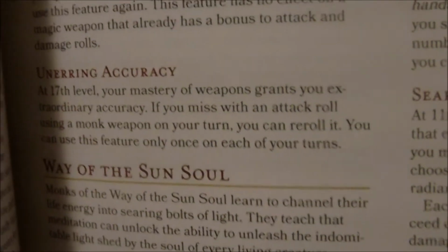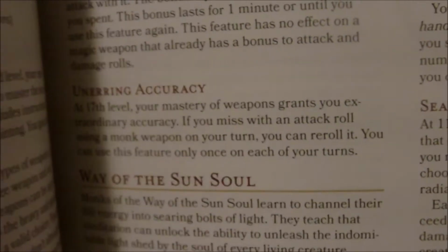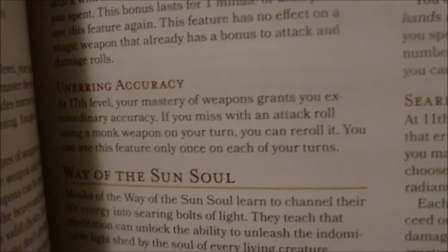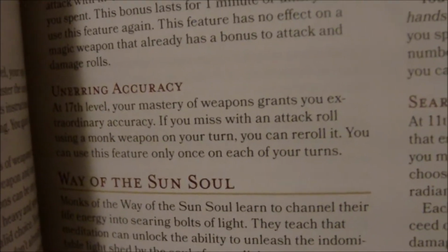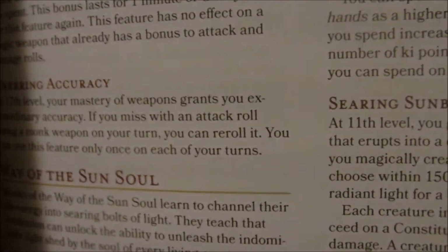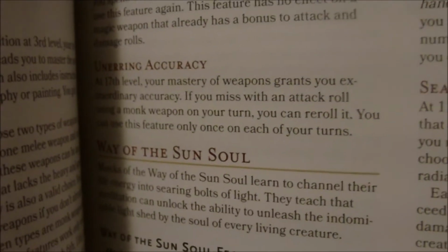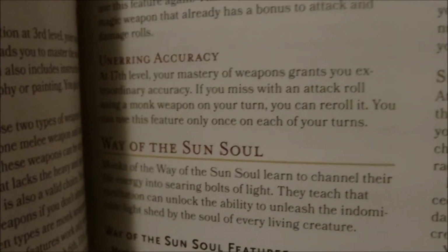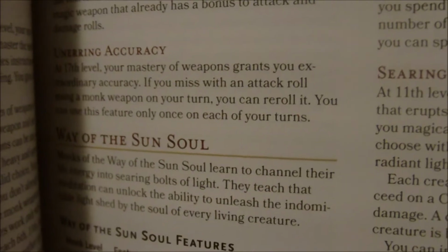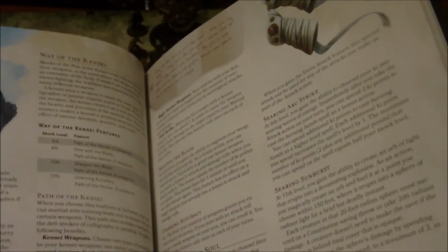And then we have Unerring Accuracy. So at 17th level, your mastery of weapons grants you extraordinary accuracy. If you miss an attack roll using a monk weapon on your turn, you can re-roll it. You can use this feature only once on each of your turns. So that's actually not specific to your kensei weapons either. It's just when you're using a monk weapon and you miss, you can re-roll the attack essentially once on each turn. So that is the Way of the Kensei, and we're just going to move right on to the Way